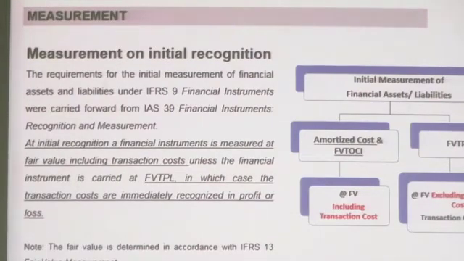Whatever the financial instrument, very simple. Any financial instrument other than debtors, I will tell you why. Any financial instrument other than debtors, keep in your mind. Any financial asset or any financial liability other than trade debtors is initially measured at fair value. That is the theory. Is that clear? Why can debtors not be measured at fair value?